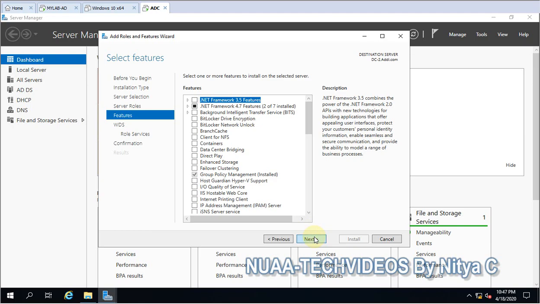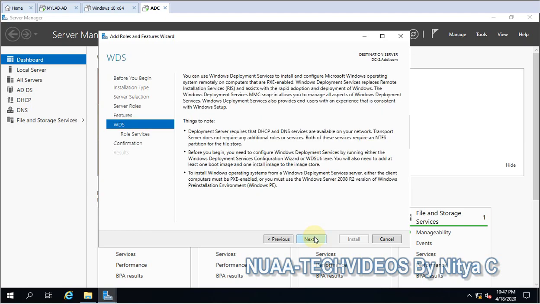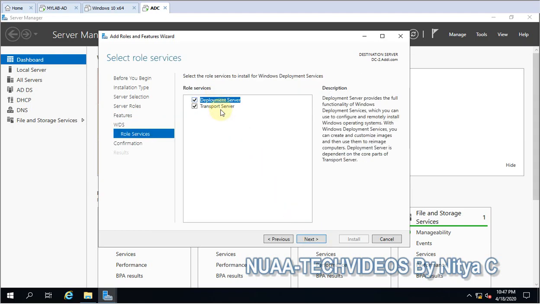Next, we are not going to install any feature. Our default features will be installed automatically. There are two roles here, Deployment Server and Transport Server. Deployment Server provides the full functionality of Windows Deployment Services, and Transport Server provides a subset of the functionality of Windows Deployment Services.